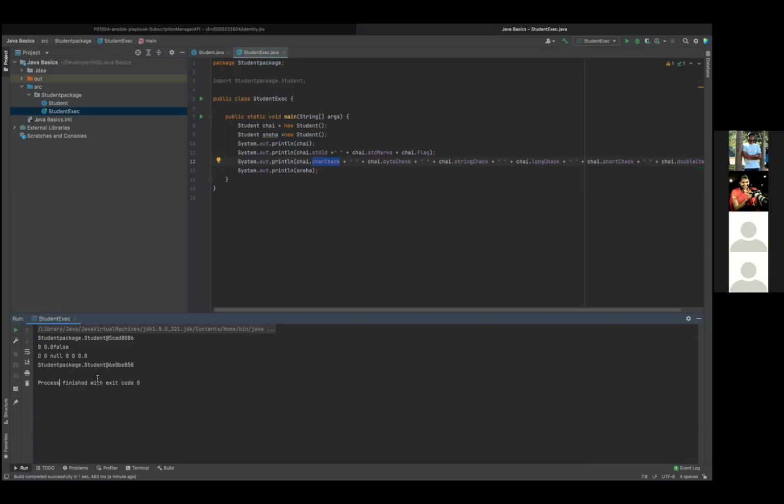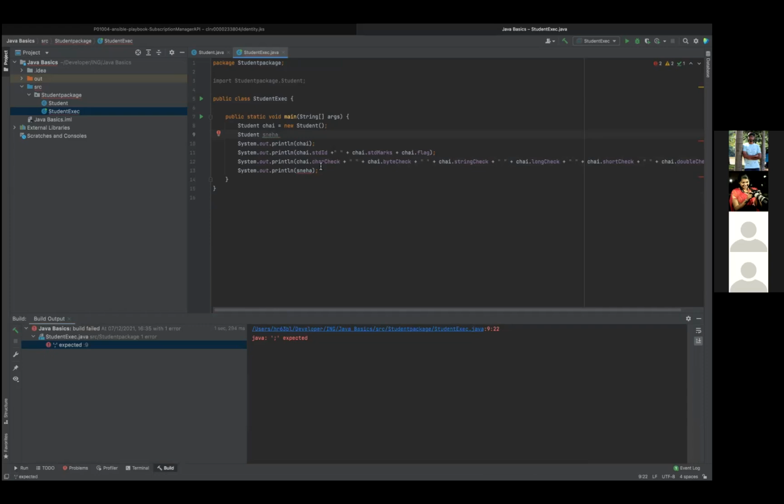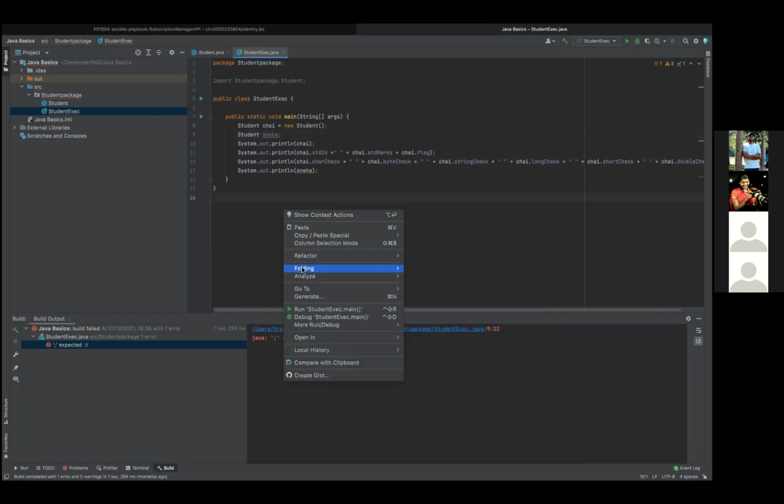So not only string, if it is any class, right? For example, Chaitanya, can you create one more object like student and create just reference and print that? Or you can just go to Sneha and remove the new student value. Just remove new student and just, no, keep Sneha. Control Z, remove after equal to. And just keep a semicolon after Sneha. Yeah, now can you execute now?